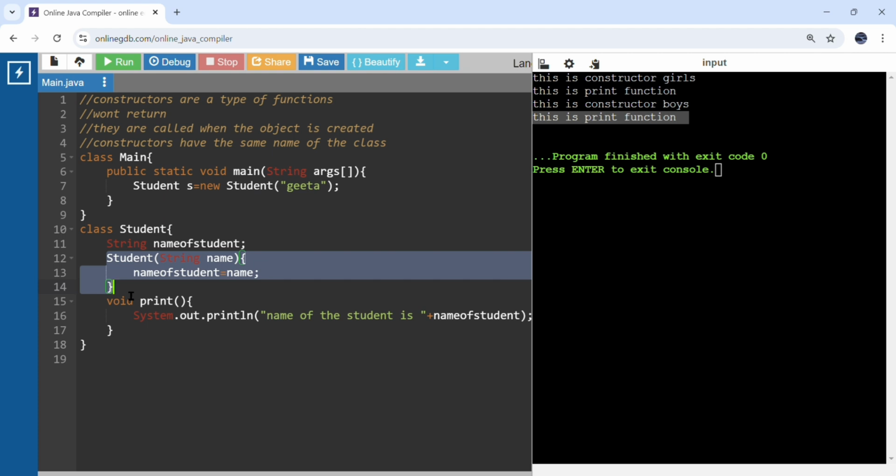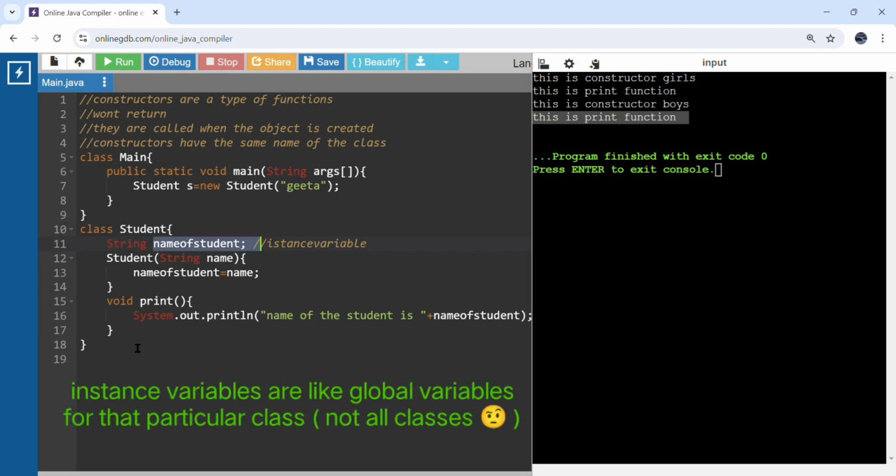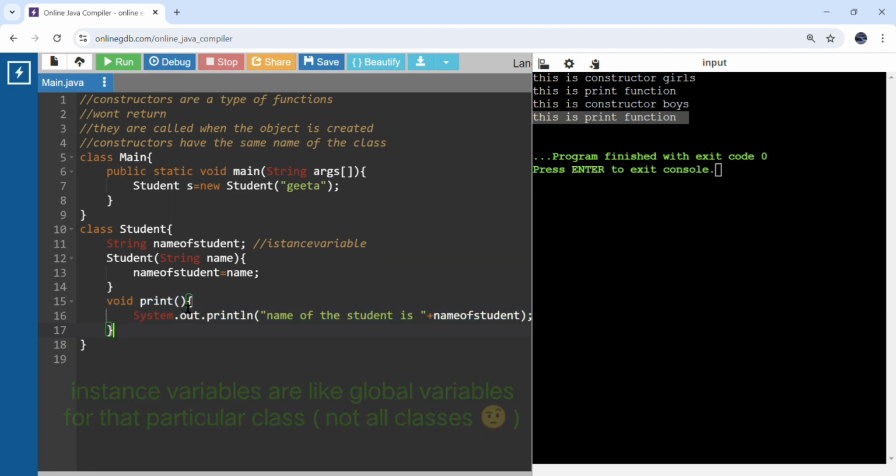So constructors help you initialize the instance variables. Here this is the instance variable. After initializing this instance variable, we can access it from any function in the class, so you need not send the name again and again to all the functions in the class. If you run this,